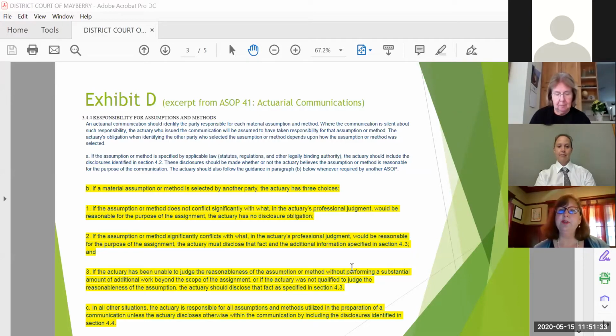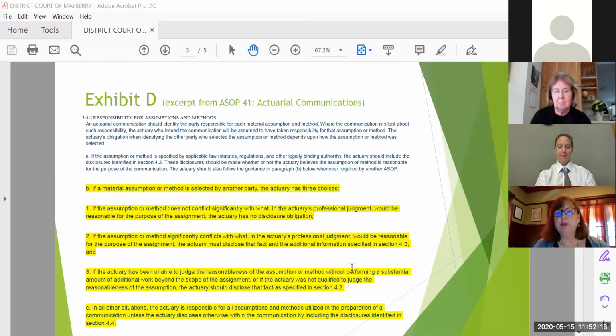If a material assumption or method is selected by another party, the actuary has three choices. Number one, if the assumption or method does not conflict significantly with what, in the actuary's professional judgment, would be reasonable for the purpose of the assignment, the actuary has no disclosure obligation. And there's a second bullet that says, if the assumption or method significantly conflicts with what, in the actuary's professional judgment, would be reasonable for the purpose of the assignment, the actuary must disclose that fact and the additional information specified in section 4.3. And then there's a third bullet that says, if the actuary has been unable to judge